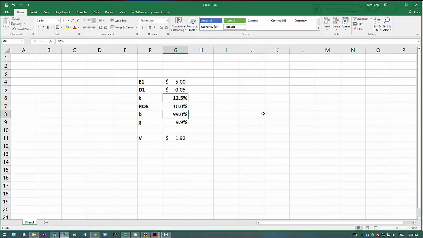And as you change this retention rate, let's say from 99% to 80%, your stock price will rise. Change it to 70, or 60, or 40, or 30, or 10, or just pay it all away,